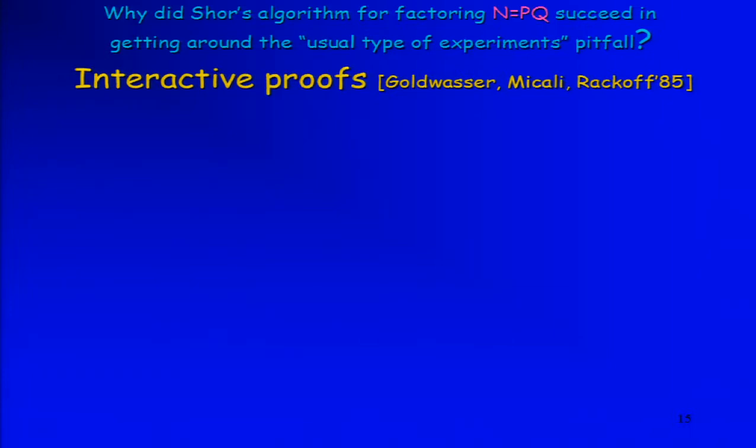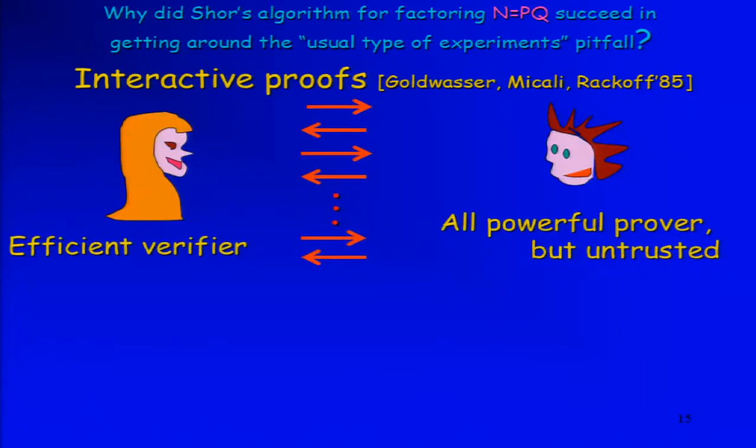Okay, so interactive proofs were invented by Goldwasser, Micali, and Rackoff long ago in '85, and what are they? So imagine now a completely imaginary entity of an all-powerful prover that is completely unlimited, but is untrusted by the verifier who wants to verify some claim. Okay, now they're allowed to interact between them. And the verifier wants to be convinced and to use the amazing power of the prover, but she doesn't trust him. And it turns out that